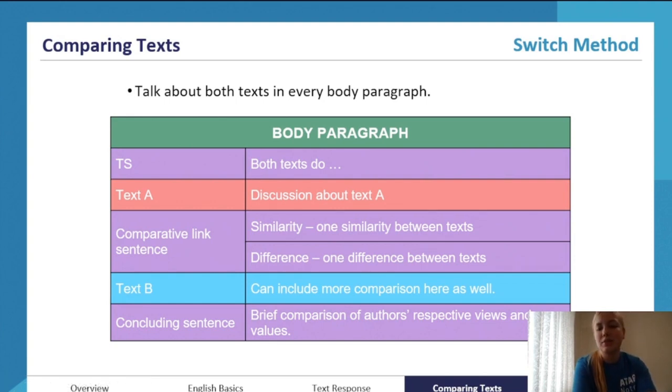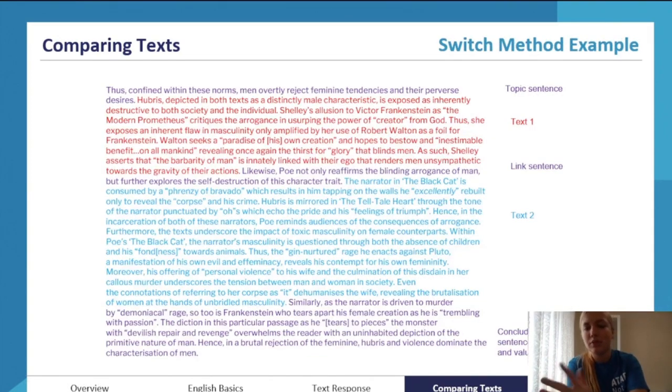So this is where you have that views and values analysis that's hopefully on a comparative basis as well. This mentions a really good thing: you've already discussed text A and analyzed it when you're discussing text B. So it's quite easy to find more comparative links based on what you have already analyzed in text A, and mention that certain things are a similarity or a difference, bringing in even more of that. So try to have a go at this, to include more comparative links.